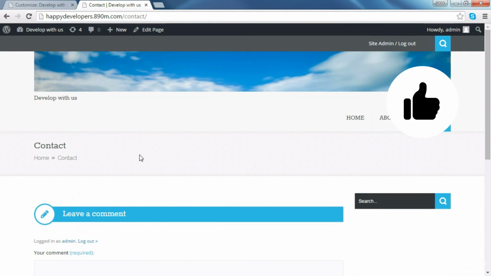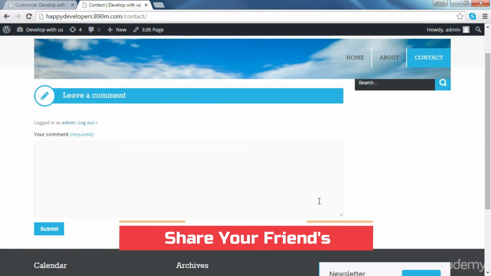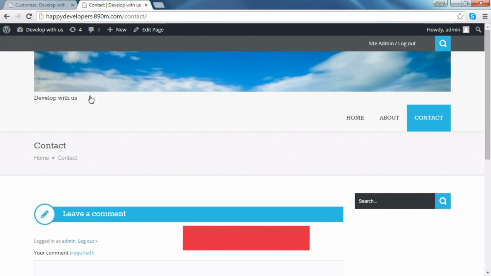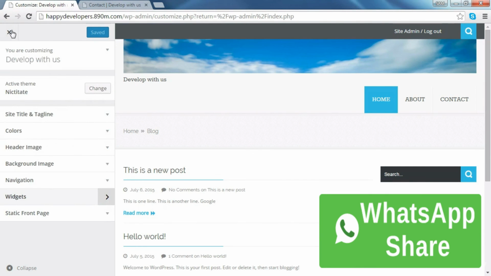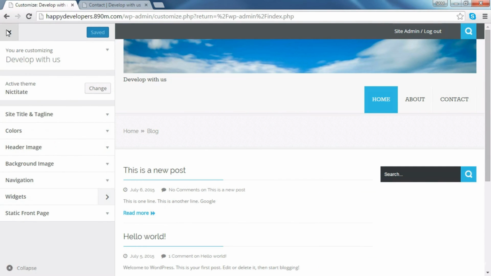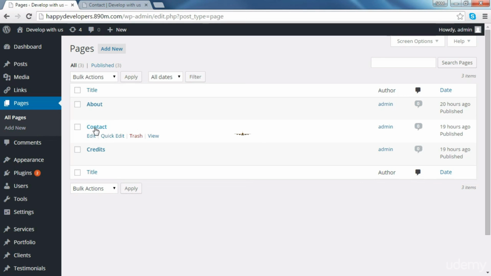We can also customize a single page if you want to. So let's customize contact. Okay, and change the look of this single page. So the way to do that, so we're going to go to our dashboard. Okay, so if you just click on this icon, and if you go to pages, and then click on contact,